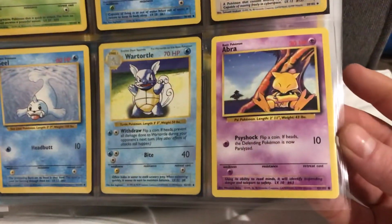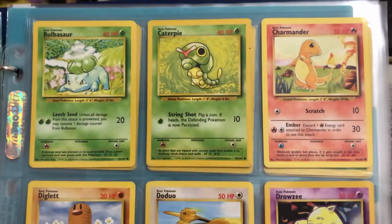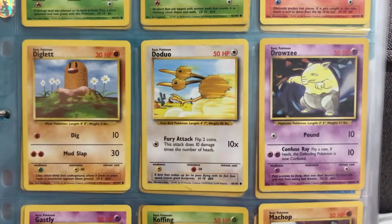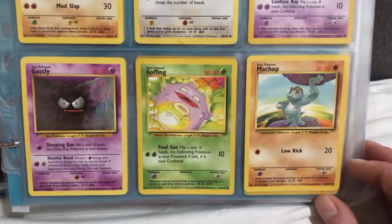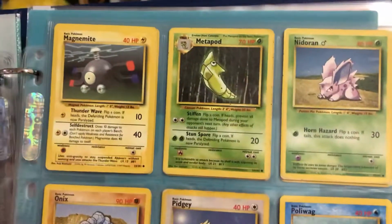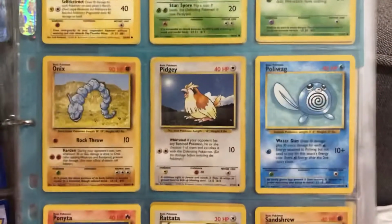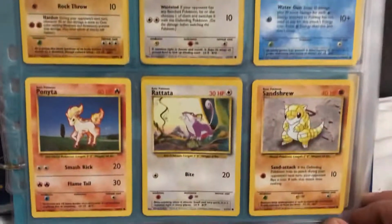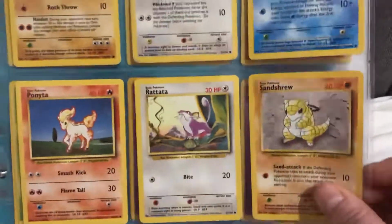Abra, I think, is the start of the commons. Bulbasaur, Caterpie, Charmander, Diglett, Doduo, Drowzee, Gastly, Koffing and Machop. Magnemite, Metapod and Nidoran, Onix, Pidgey and Poliwag, Ponyta, Rattata and Sandshrew,